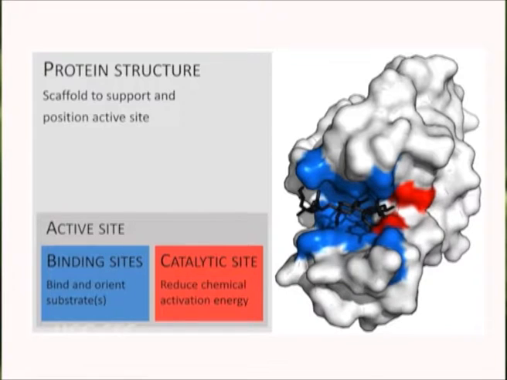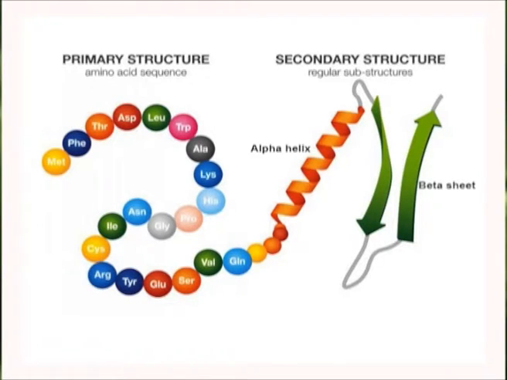This catalytic site is located next to one or more binding sites where residues orient the substrates. The catalytic site and binding site together comprise the enzyme's active site. The remaining majority of the enzyme structure serves to maintain the precise orientation and dynamics of the active site. Enzymes are generally globular proteins acting alone or in larger complexes.